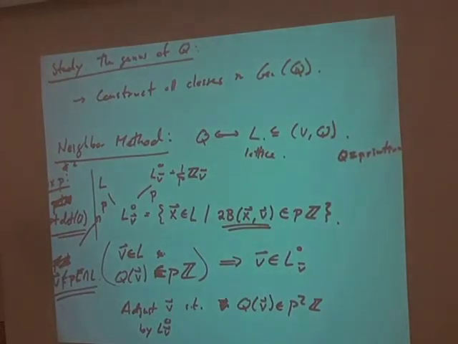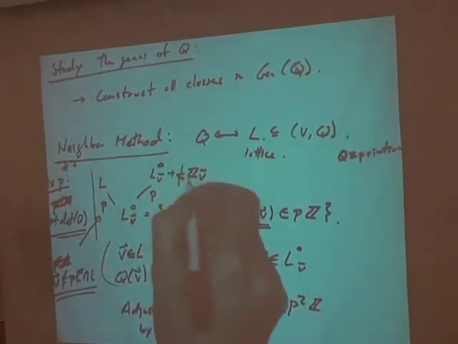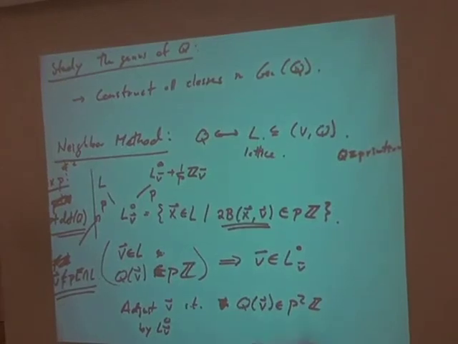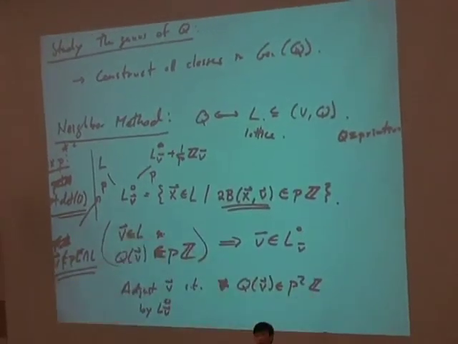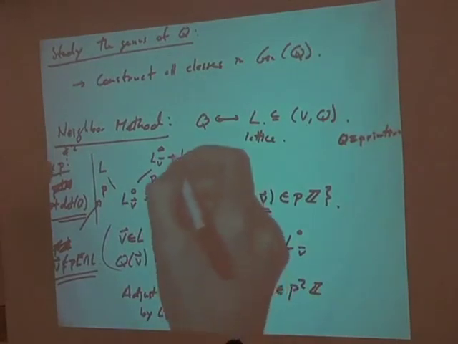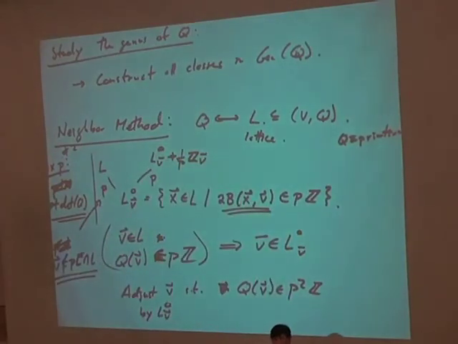So what is this now? This is this lattice that I started with down here, but now I'm going to add to it 1/p of the vector V. Now, the vector v has values in p squared Z, and so 1 over p v is going to have values in Z. Okay, so this vector v that I put in is now integer valued, and this lattice has index p in this because I'm taking 1 over p of v, so there are p cosets. Okay? And so the claim, and this is where I'll stop,